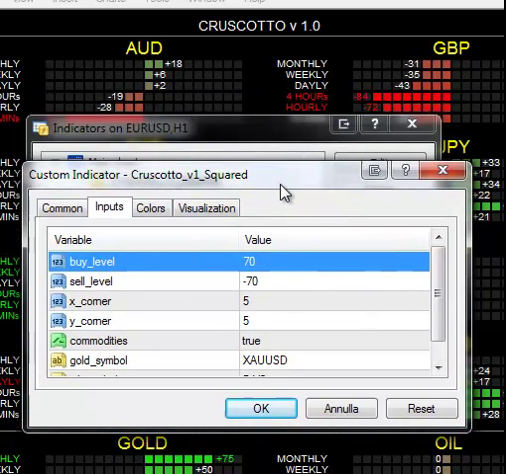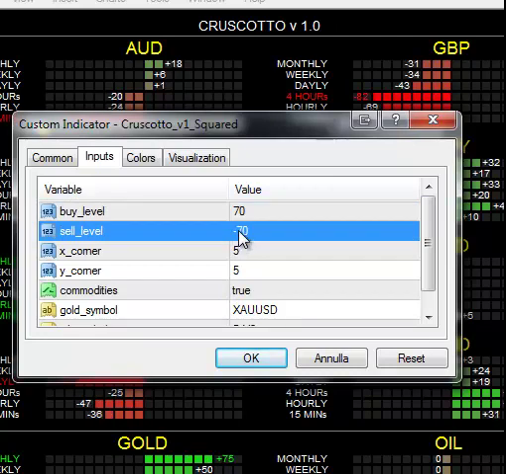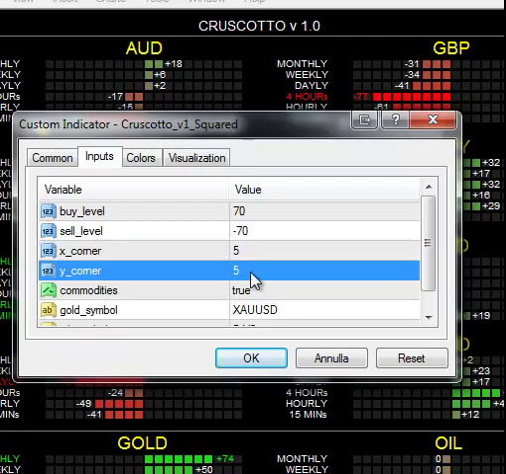The buy level is the value that the score must have to give a buy signal. You see here the gold is in buy signal for the monthly period, and same thing, but on the opposite side, is for the sell level, that is minus 70. The X corner and the Y corner is the shift from the left for the X and from the top for the Y, in pixels, so you can move the